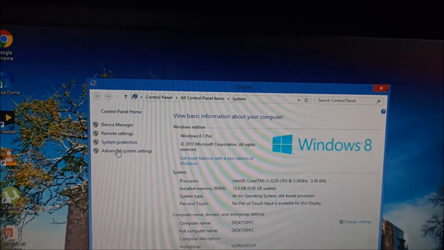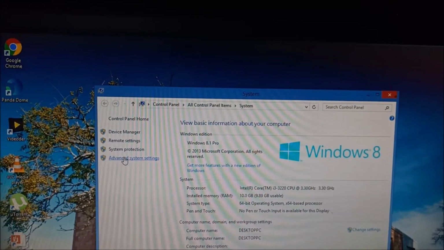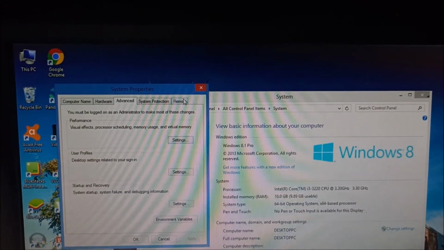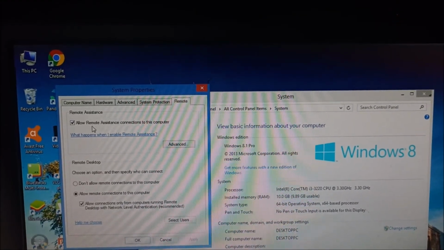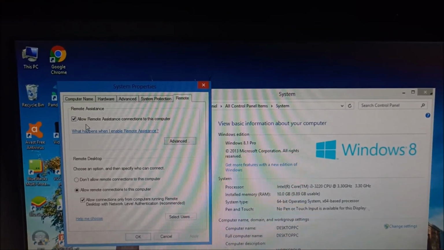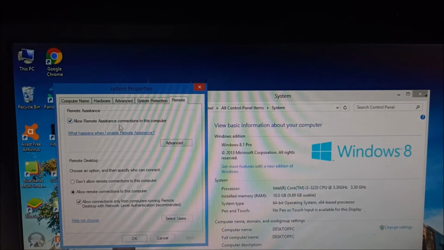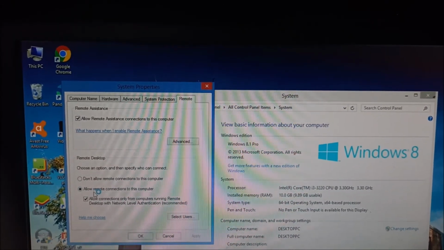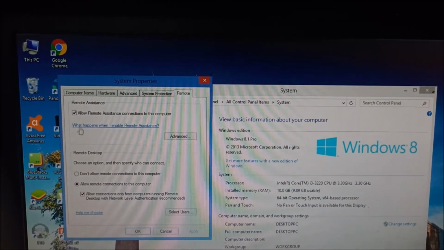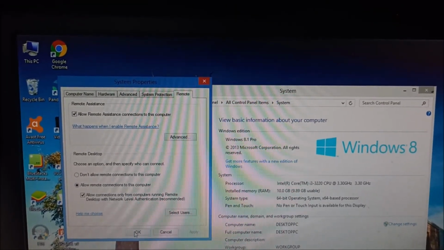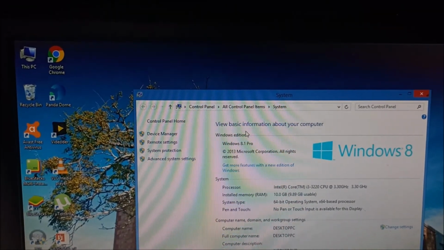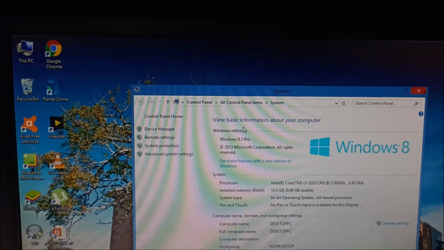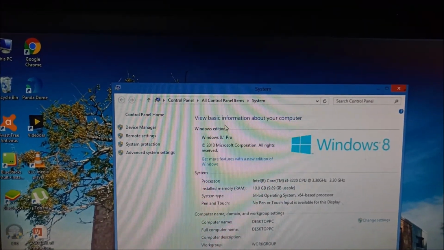We need to go to the advanced system settings from here and go to the Remote option. We will check all these options, like allow remote assistance connections to this computer, and also allow remote connections here as well, and click OK. Now I will go to my laptop, and from there I will configure the remote desktop connection.